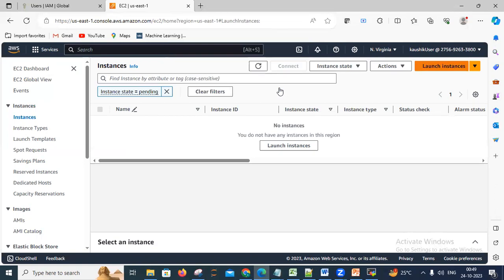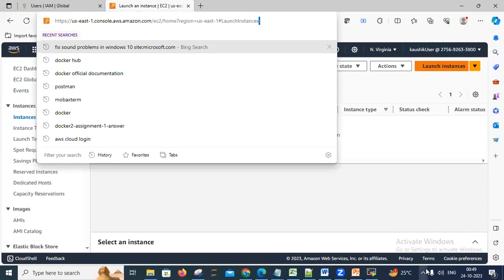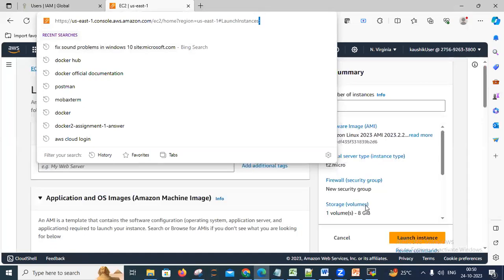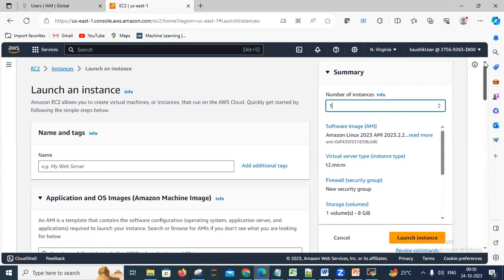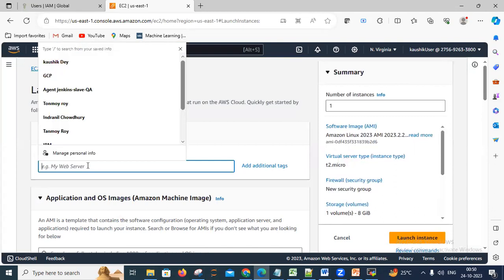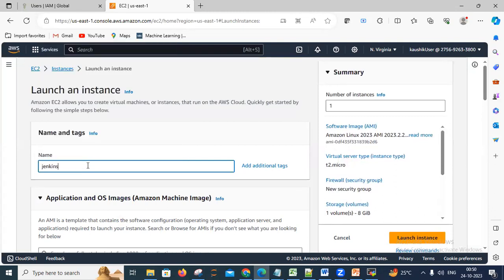You have to wait for launch instance. I think some network issue is there, or it's slow, that's the reason. Okay, so we have to launch an instance. So add the instance name. Here I am adding Jenkins master,